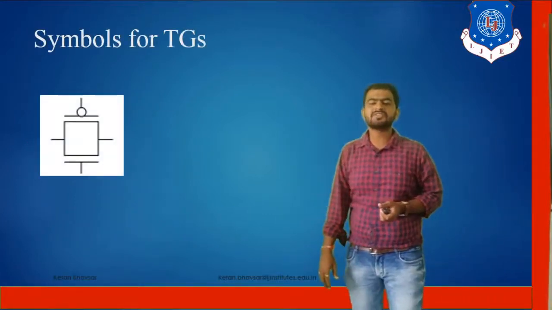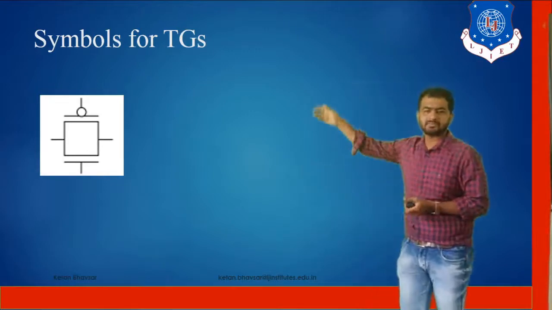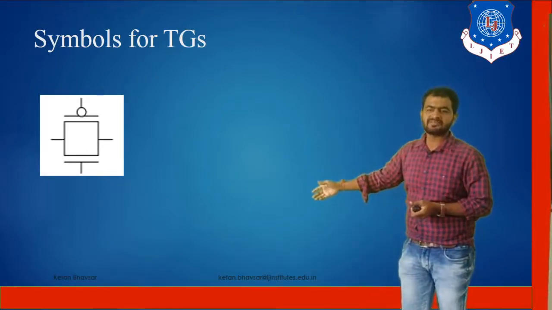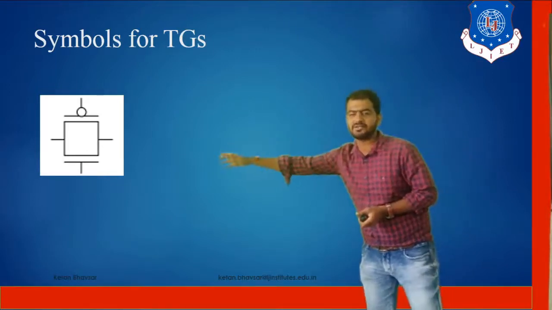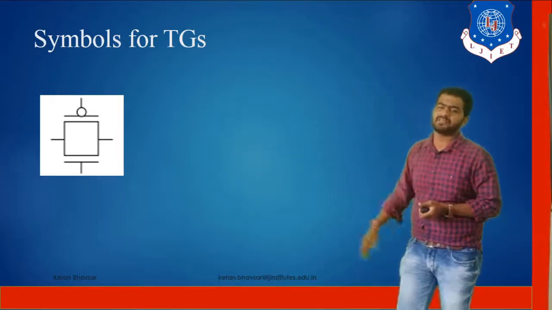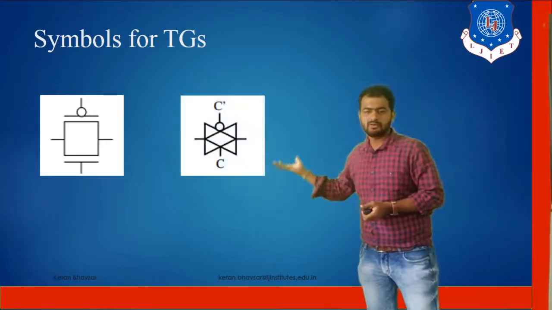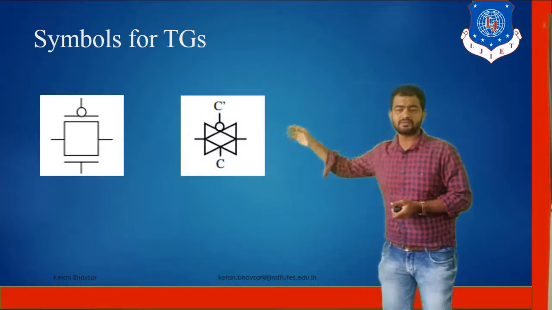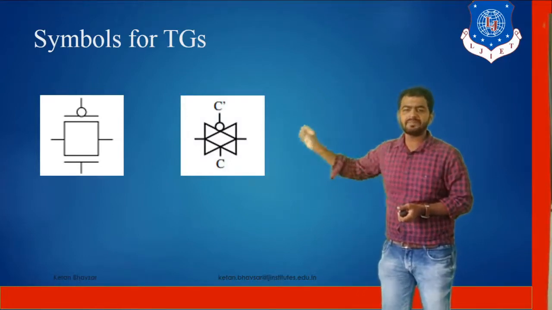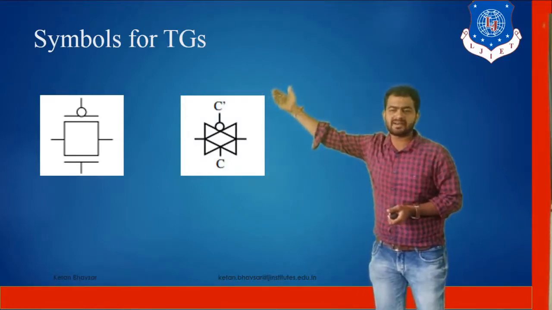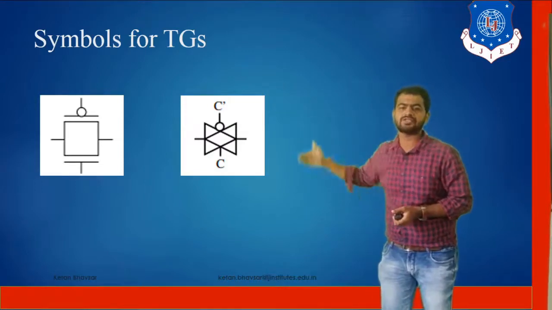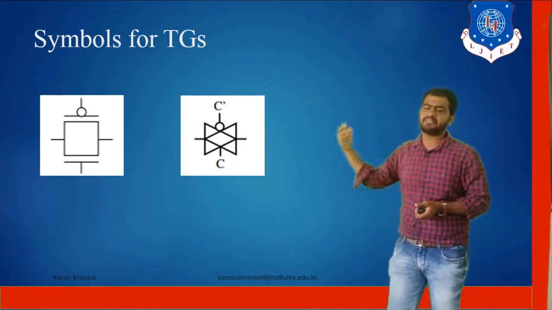So the symbol of the transmission gate, as you can see, is very clear. This bubble, and at the bottom side, as you can see, is a control signal. On the left hand side you can see the input, and on the right hand side you can see the output. So the symbol also looks like this, in terms of two arrows connected, and complementary, meaning C bar and C is the control signal, A and A bar meaning input and output.